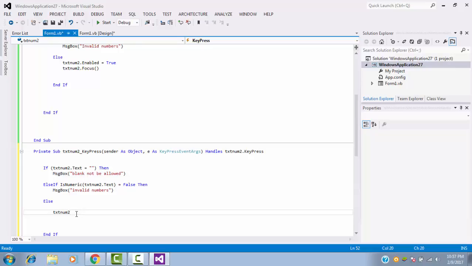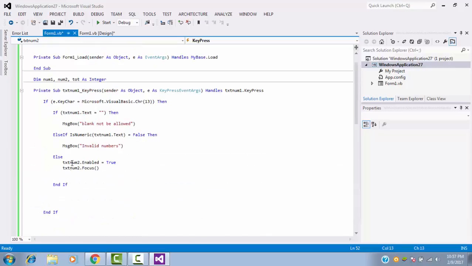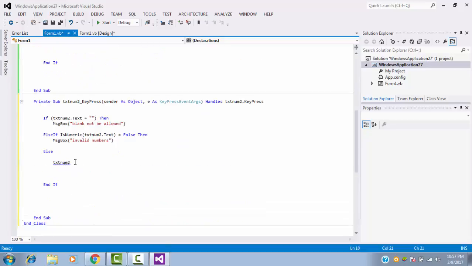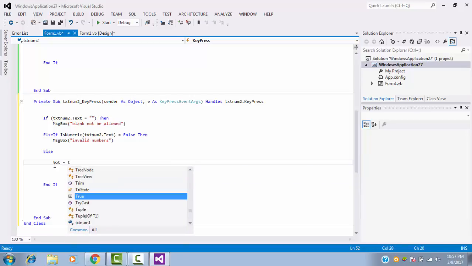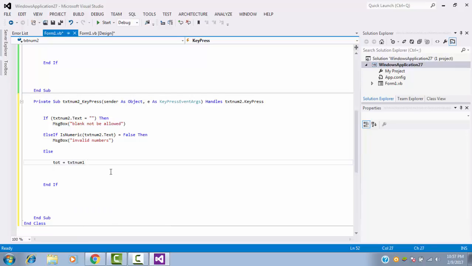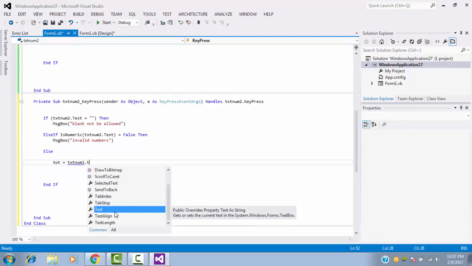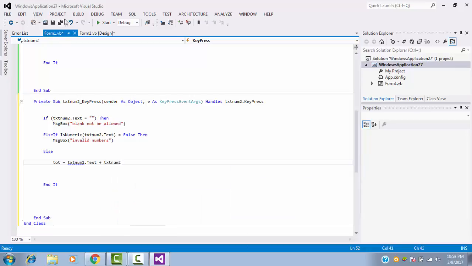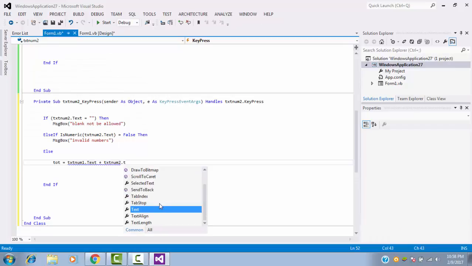Sorry, here you have to use this variable, tot variable, tot equal text box number 1, mean this text box dot text plus text box 2, it's called as this text box dot text,